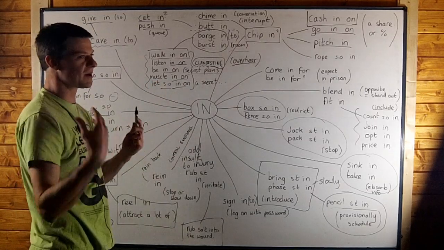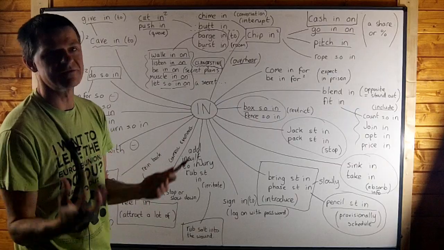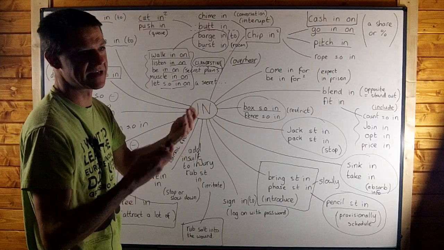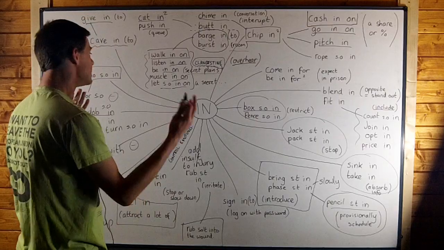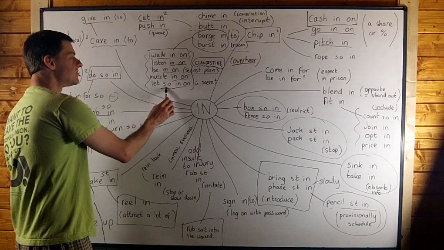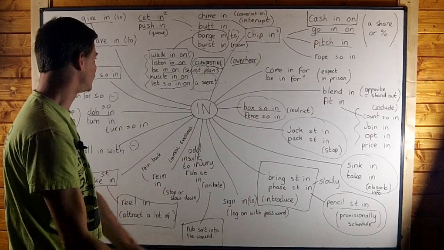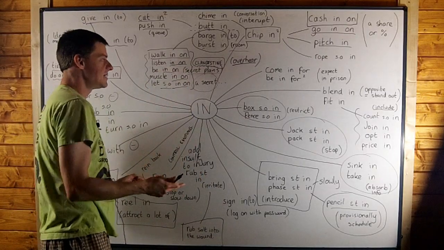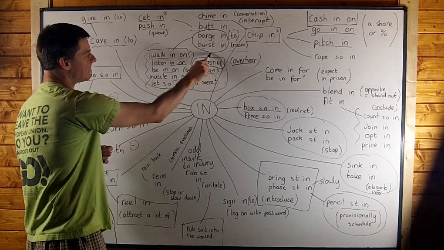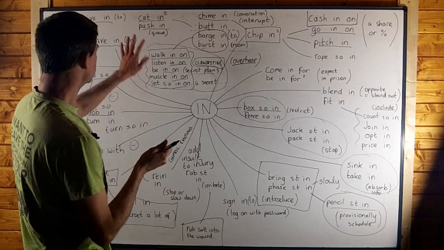If you muscle in on someone's business, it means you take away part of their business using aggression and force. So the mafia might muscle in on another family's territory or something like that. But you could muscle in on someone's business and you could muscle in on someone's territory. If you let someone in on a secret, you tell them a secret. You let them know about the secret plan, yeah? You are already in on it, and then you let your friend in on it. Okay, so all of those are pretty similar. They're all in on, and they're all quite similar. Okay, we're going to come to those ones in a second.